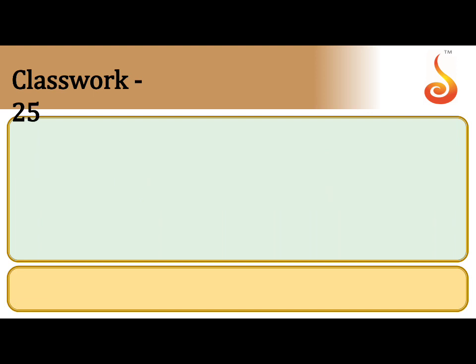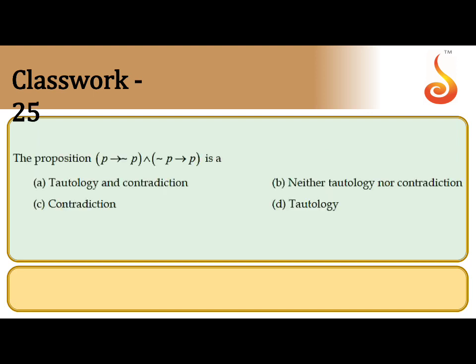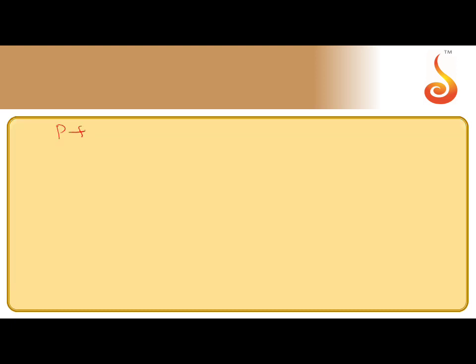This topic is easy, but there is logic. So the proposition is the same thing, tautology or not. They're asking here about P and negation of P. So I can prepare the table for this case also. What is the question? P implies negation of P, and negation of P implies P, that is required. Only P is enough. Columns: P, negation of P, then P implies negation of P, negation of P implies P, and the final answer.